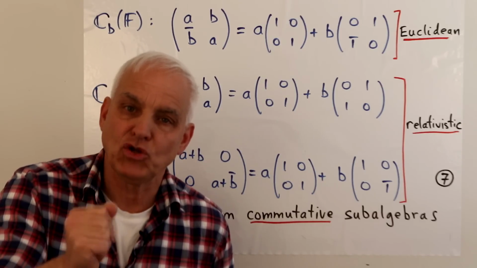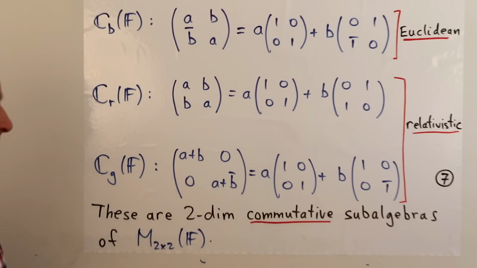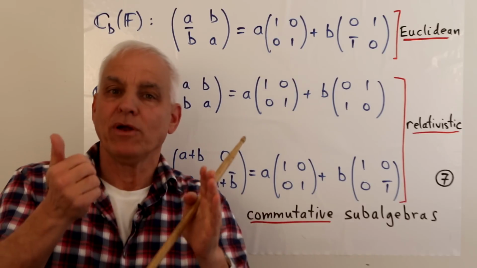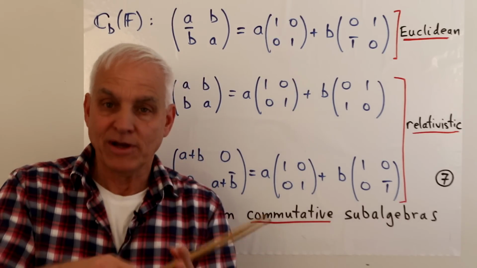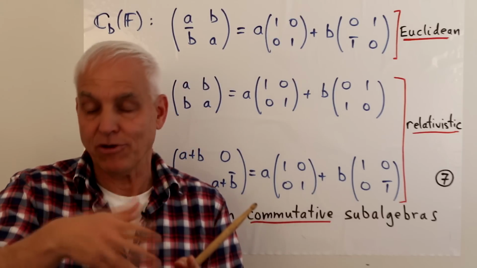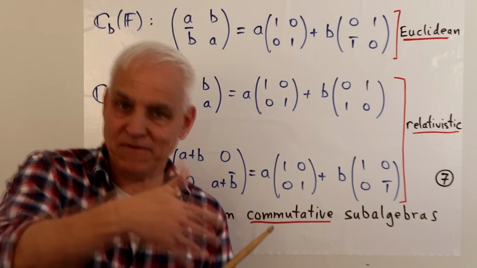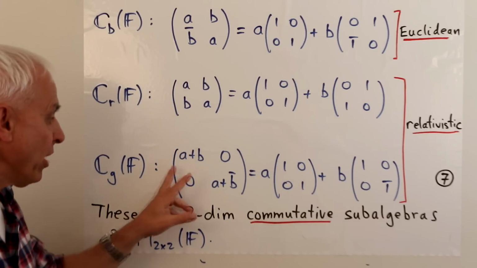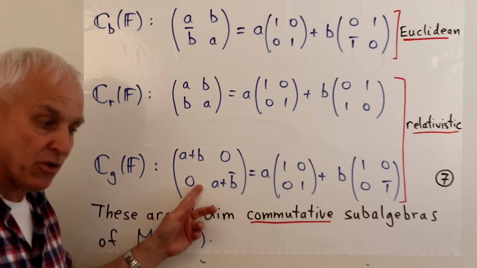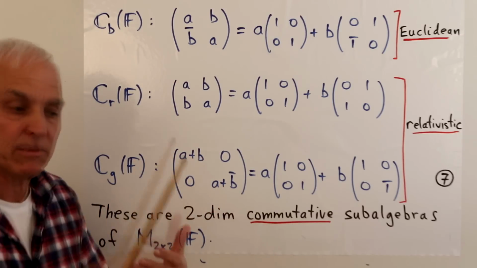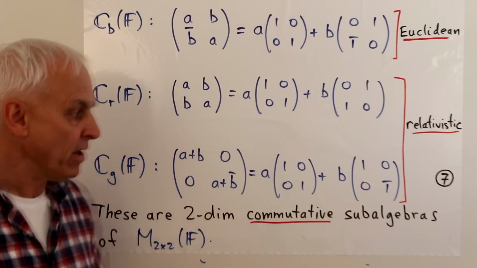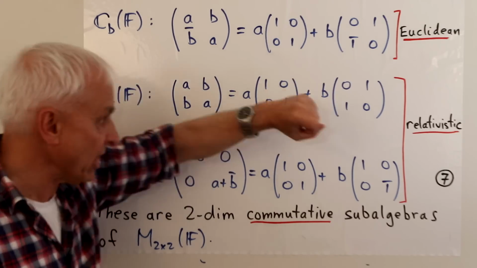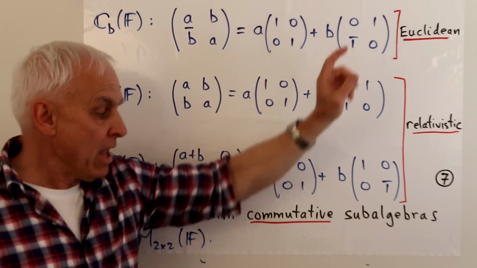Now, beautifully, each of these is a two-dimensional subalgebra of the 2 by 2 matrices. What does that mean? It means that each one of them is closed under addition, under scalar multiplication, scalar meaning elements in the field, and under multiplication. So if you take any two matrices of this form and add them, you get another one of this form. If you multiply them, you get another one of this form. So this is a closed two-dimensional subalgebra. This is a closed two-dimensional subalgebra. This is a closed two-dimensional subalgebra. But crucially,